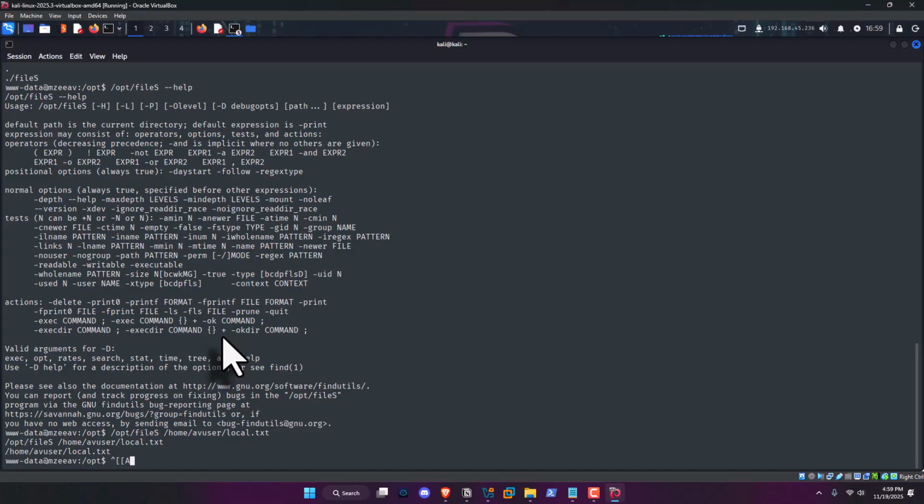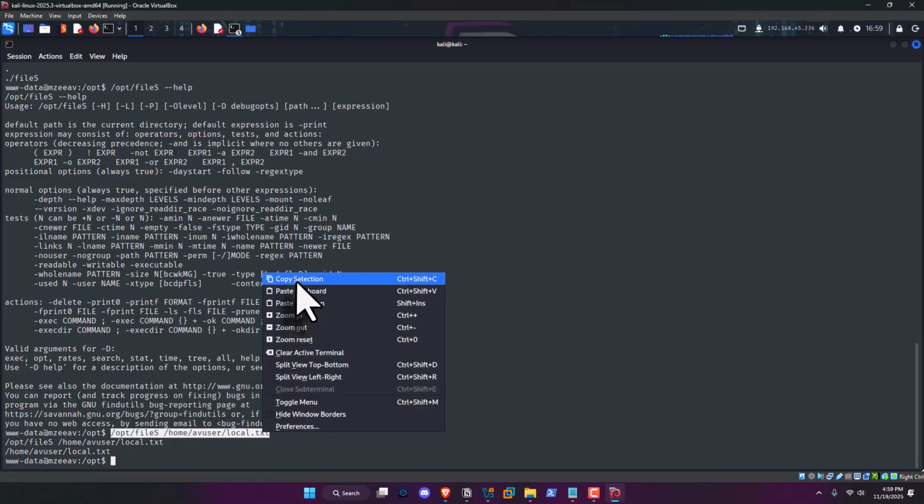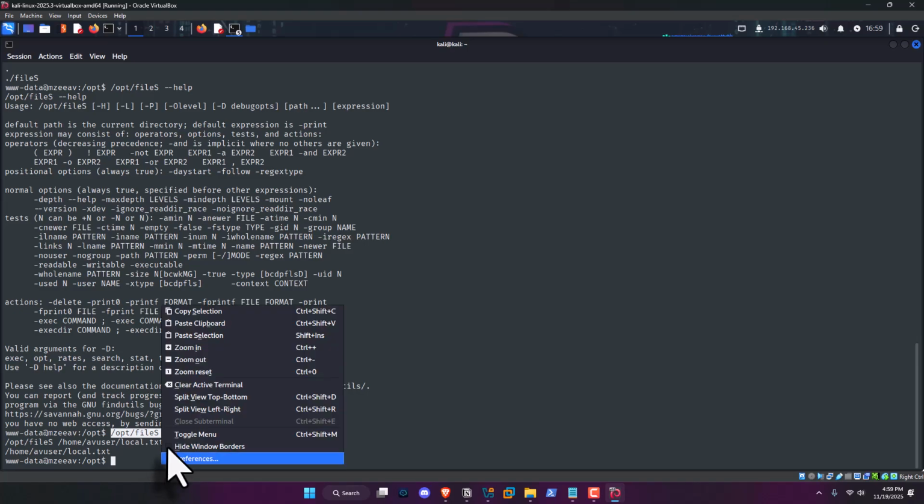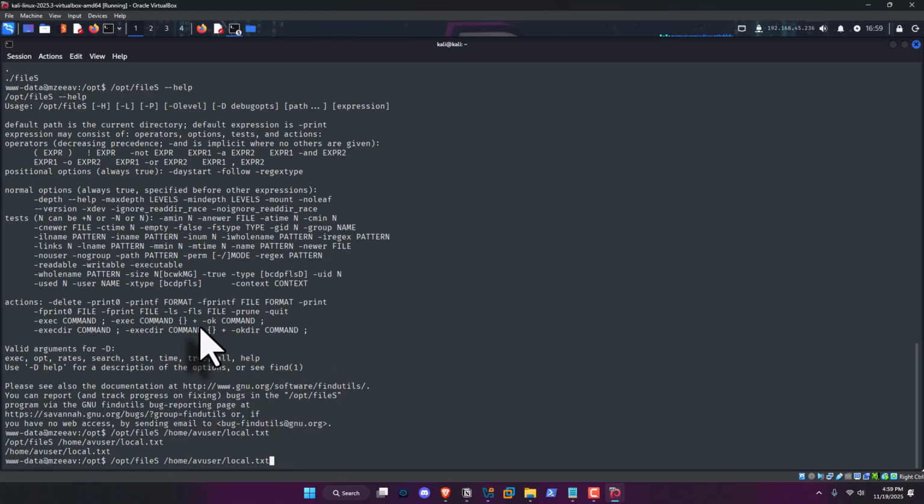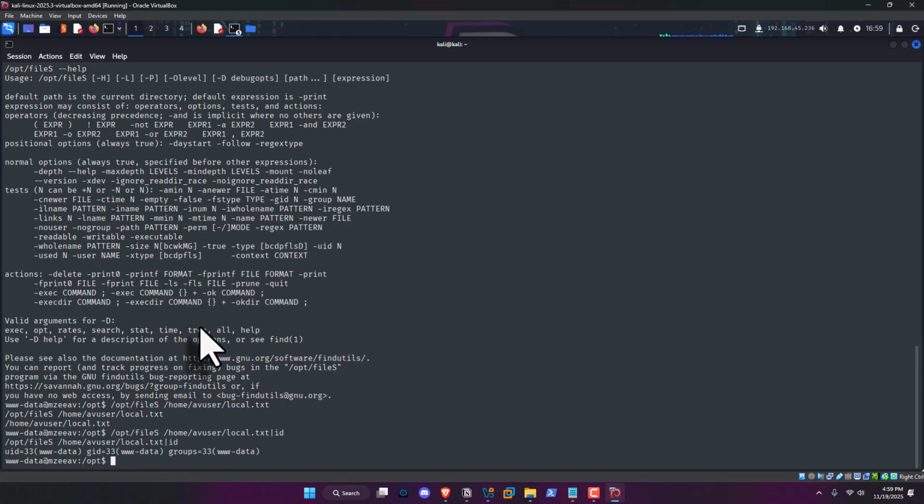Okay, let's see if we can actually maybe pipe something. This looks like it's a find utility. Paste. Okay, so we have command execution after that. Test normal options. GNU find, GNU find utilities. I wonder if this is just a